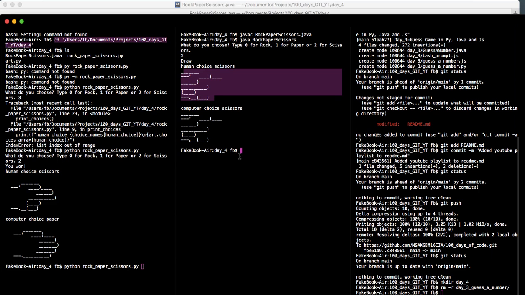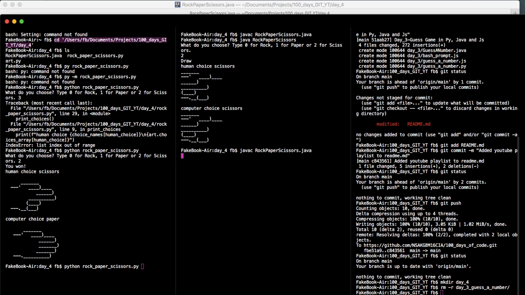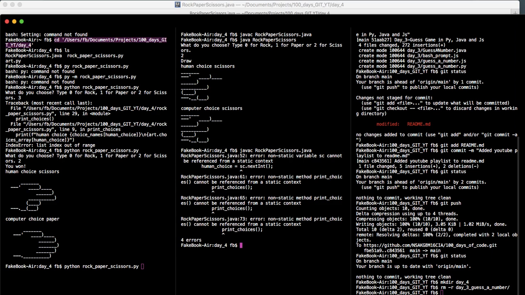Okay, so let's do that. Let's compile, and okay, there we go. Number one, the scanner cannot be referenced from a static context. That's number one. Number two, print choices is a non-static method. Print choices cannot be referenced from a static context.